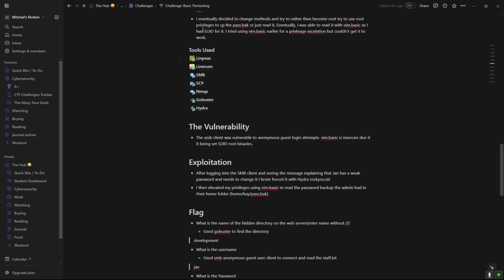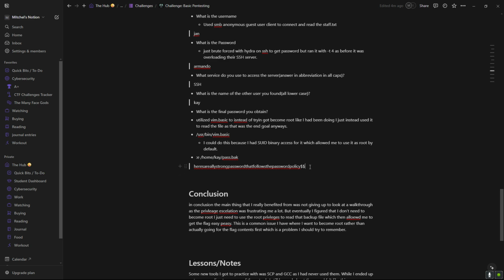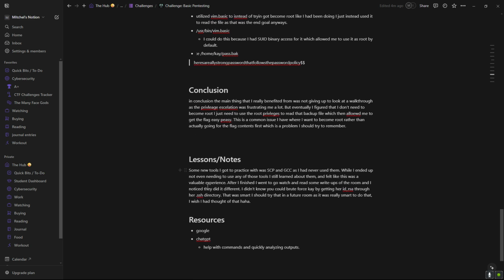From there, let's see, where did we go? From there, basically, that is the final flag. But what I didn't do is there was a way to get privilege escalation, and rather than just doing a set UID, what you wanted to do is go into the admin, who's K, into their directory, which is where the final flag was, and go into their SSH directory, and you could SCP their ID RSA key out and crack it with John to get the passphrase, which was beeswax,